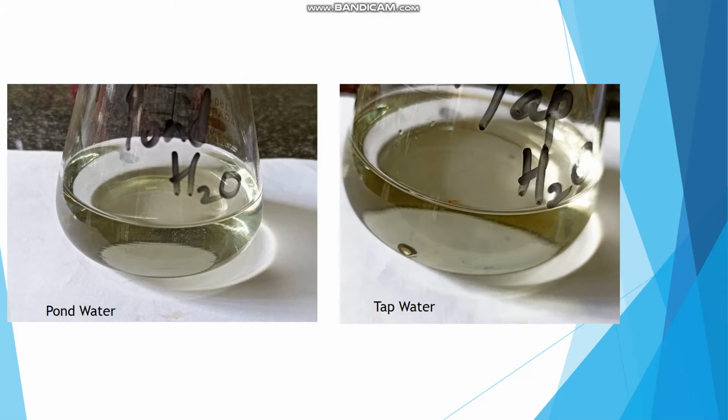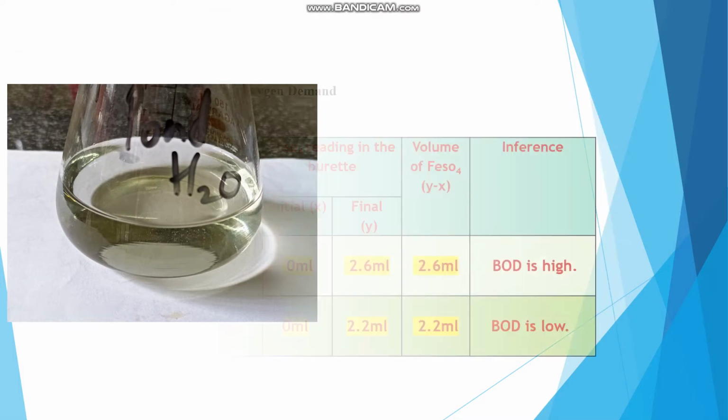Students, to show you the exact light greenish color that you should observe on a white background, I had clicked these pictures of titrated flasks. You can see a very light greenish color appearing here, and you can observe it when we hold this flask across the white background. When you are actually doing this, you can very easily identify this light greenish tinge color change. At that moment you have to stop the titration.